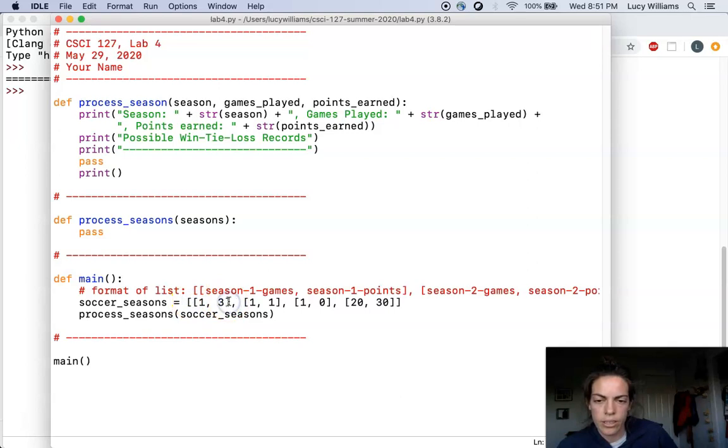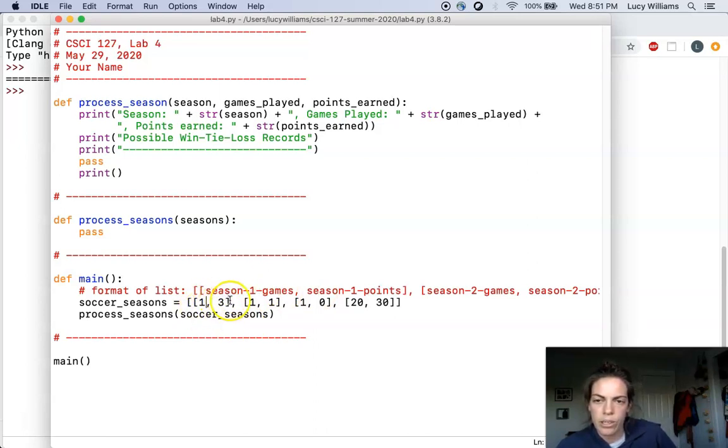There are 4 lists here inside the list: 1, 2, 3, 4. And each of these sublists consists of 2 items. The first one is the number of games, and the second one is the number of points. If we look at this first example, we see that 1 game was played and